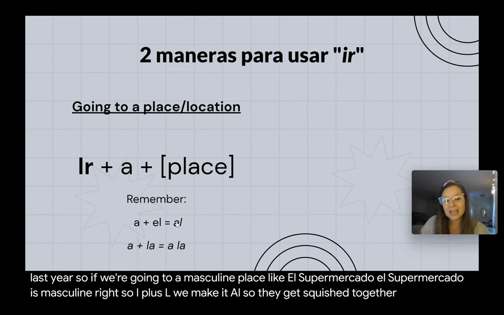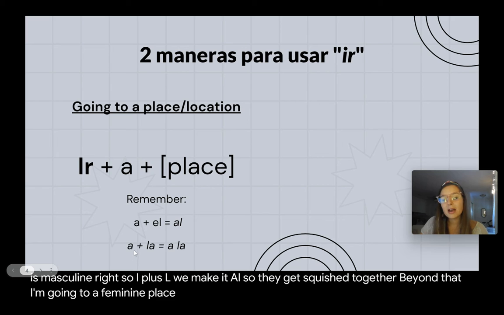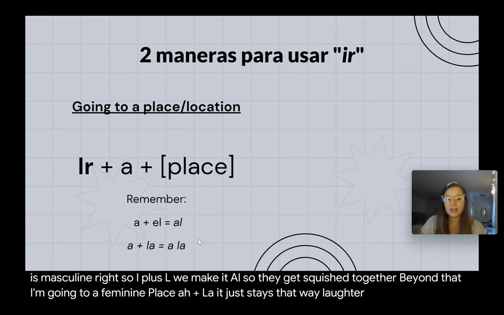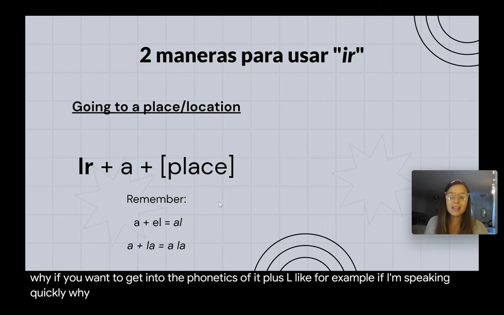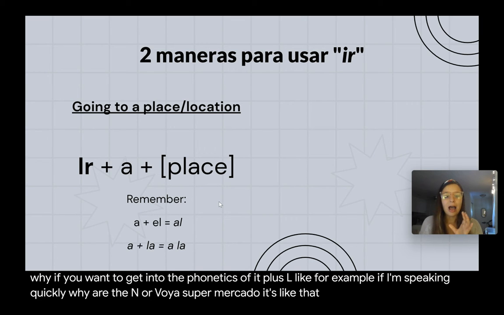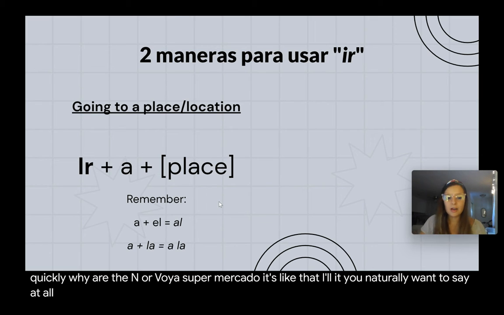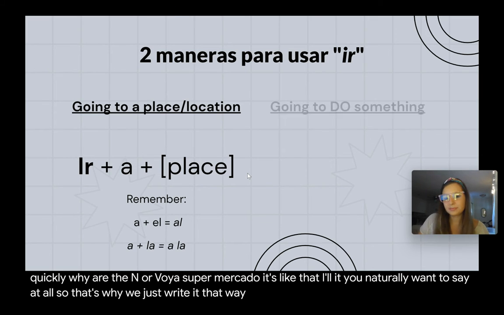Versus voy a la tienda, if I'm going to a feminine place, a plus la, it just stays that way. A la tienda. And the reason why, if you want to get into the phonetics of it, a plus el, like for example, if I'm speaking quickly, voy al supermercado, it's like that. A el, you naturally want to say al. So that's why we just write it that way.